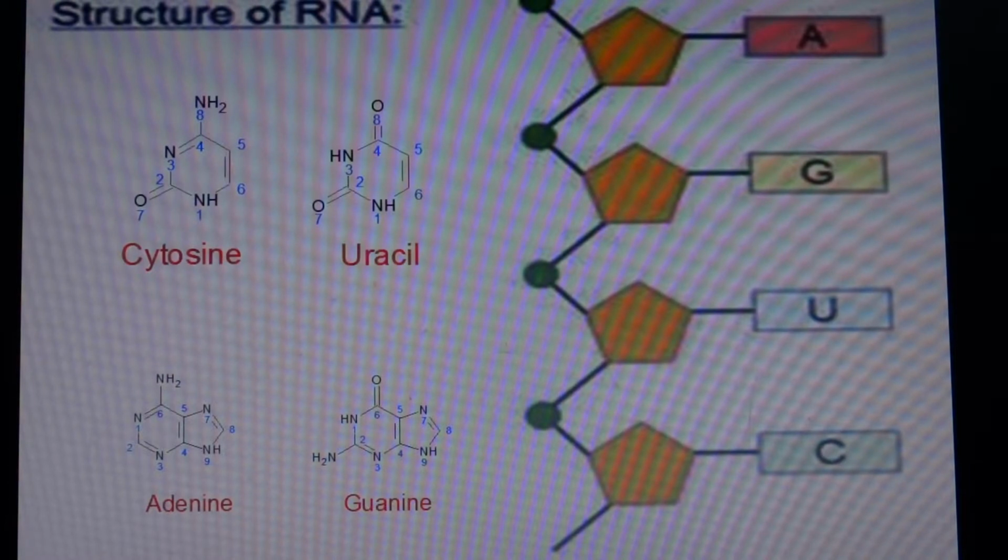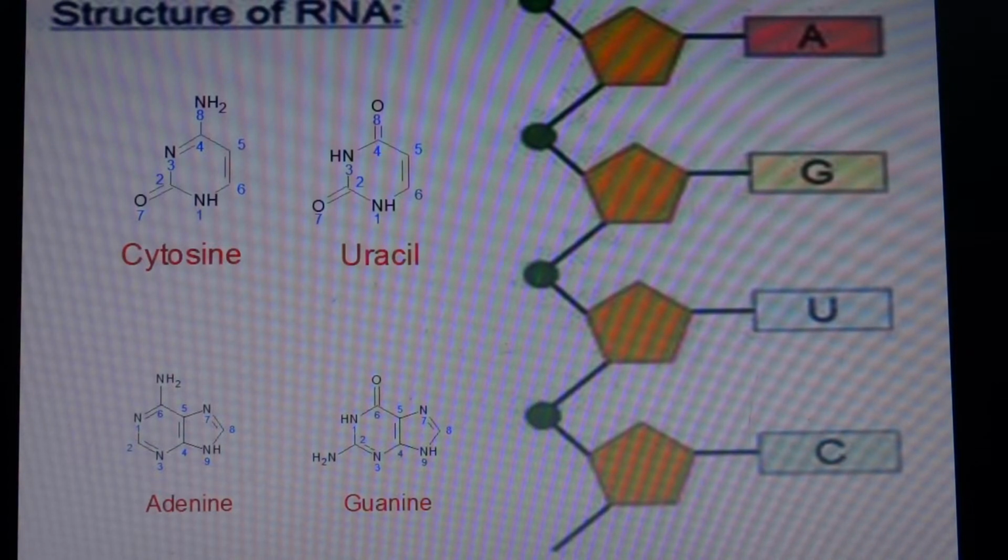Today I am going to discuss the structure of RNA. RNA is a fundamental biochemical feature that is implicated in various biological roles in coding, decoding, regulation and expression of genes. Like DNA, RNA is also a nucleic acid which is essential for all known forms of life. Like DNA, RNA also has four building blocks. The structure of RNA helps to create a relationship between structure and function.